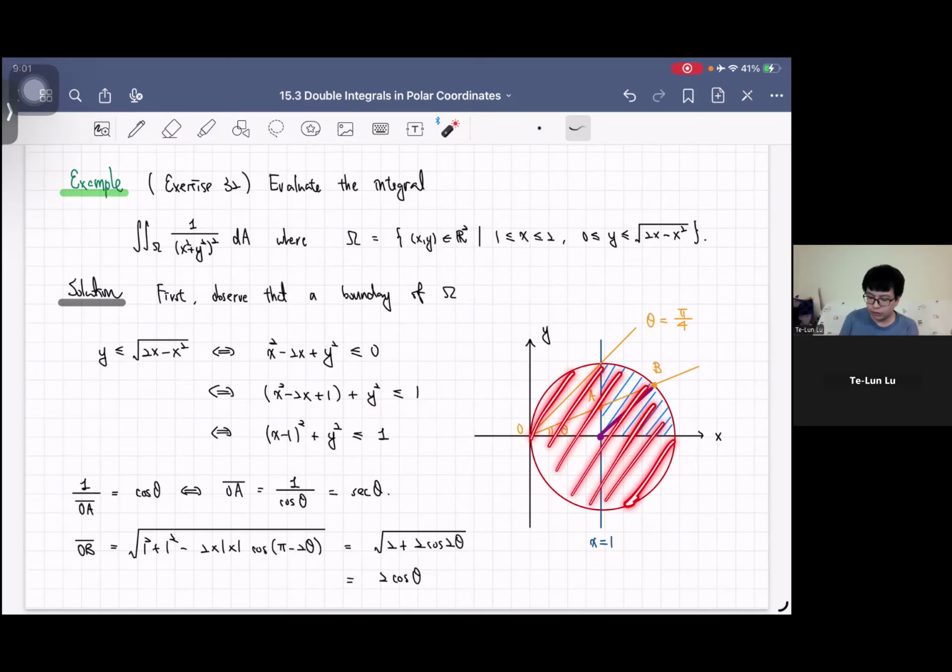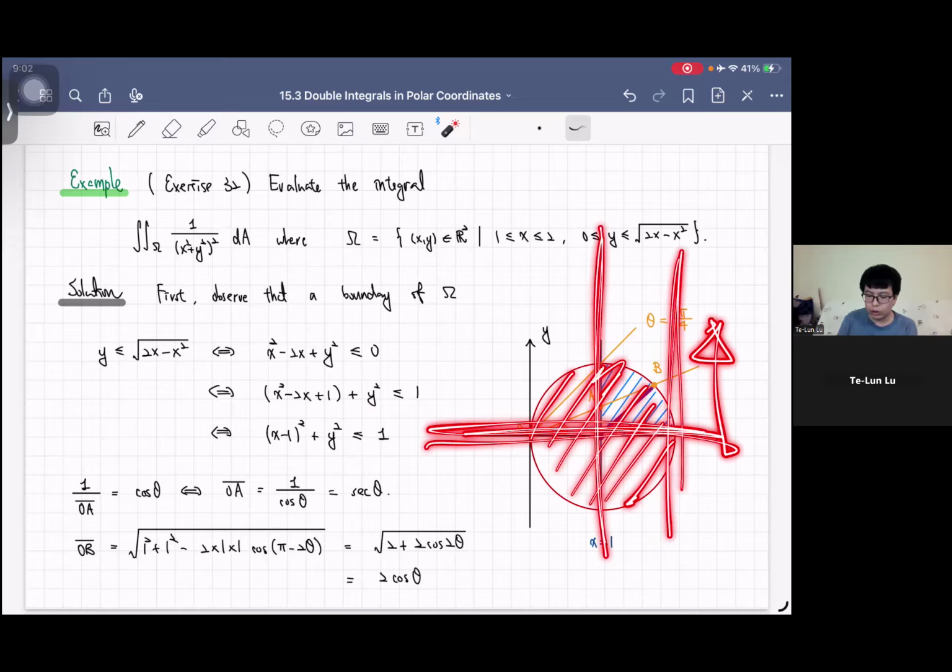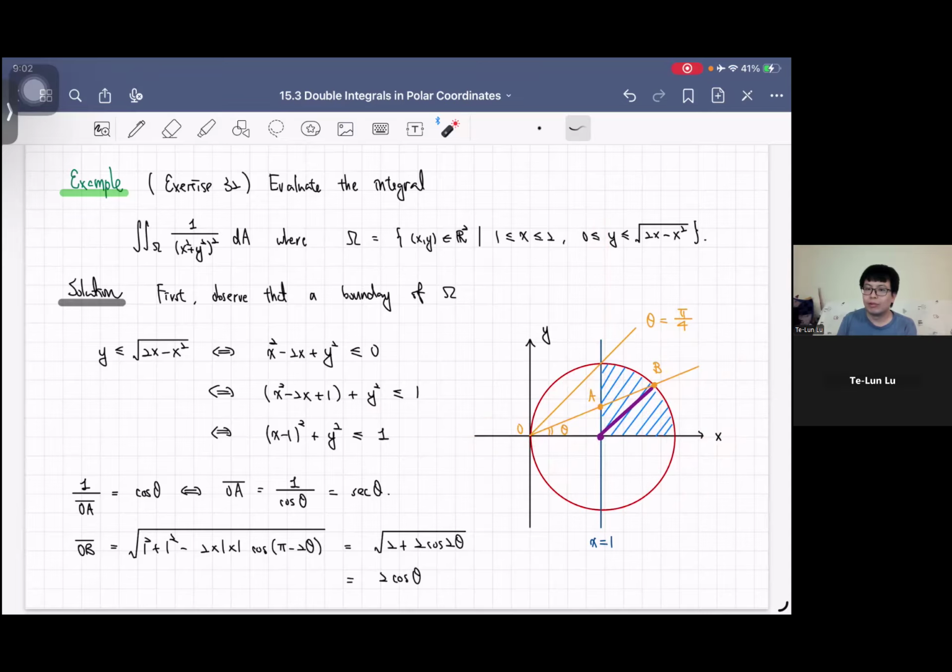Now, y has to be positive, so it is above. X has to be within 1 and 2, so it is this quarter circle, right? Okay, so basically we're dealing with a quarter circle of integration. And also the